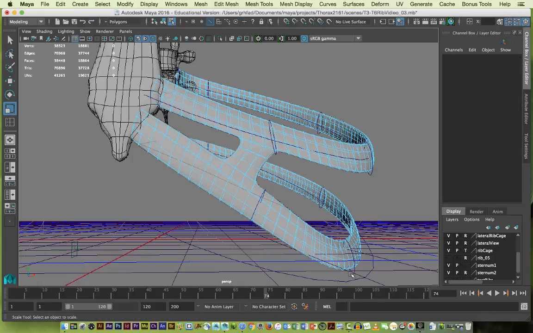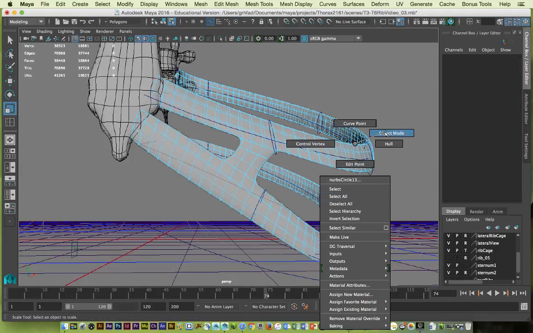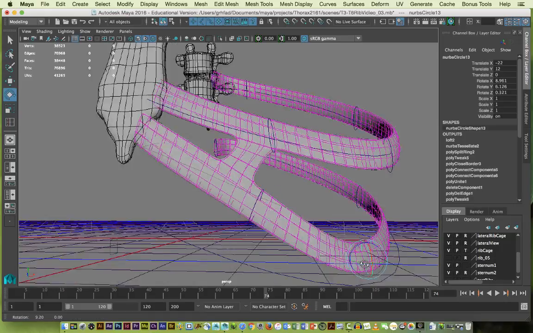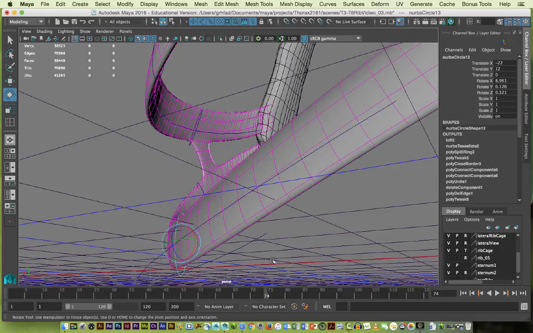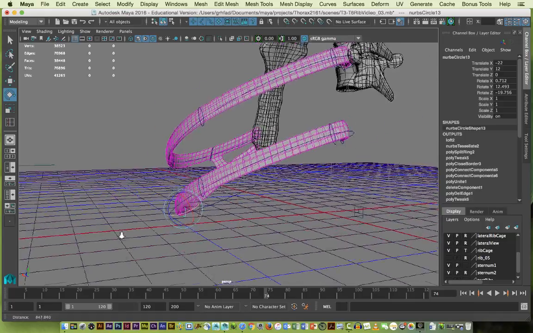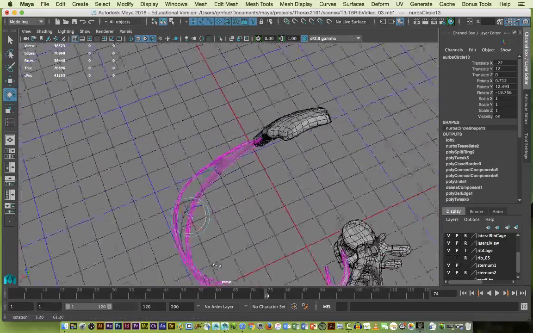I don't think, going back to my option mode, I don't think my history is still going to work, but I'm going to try it one more time just out of curiosity. Oh boy, it does. That's great. Like I said, most of the time this is not the case. In the newer Maya, these newer versions, they seem to have worked out a way that you can make a lot more modifications